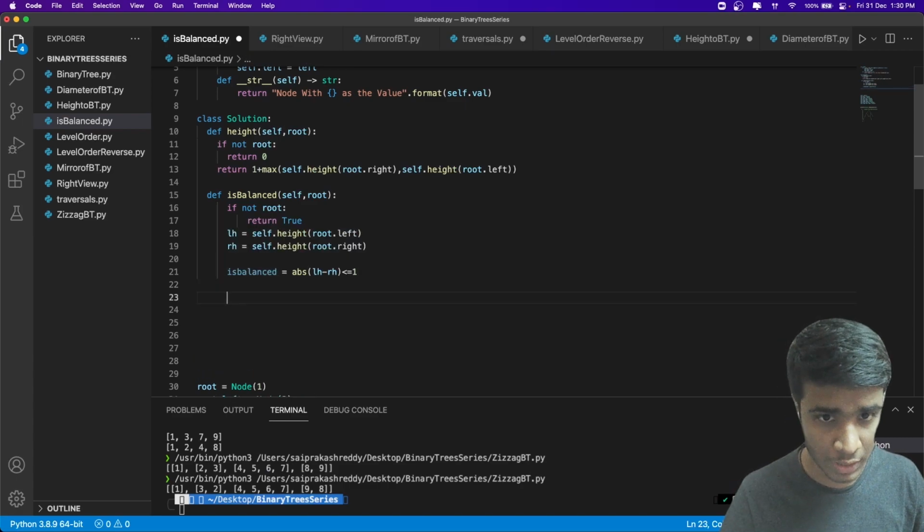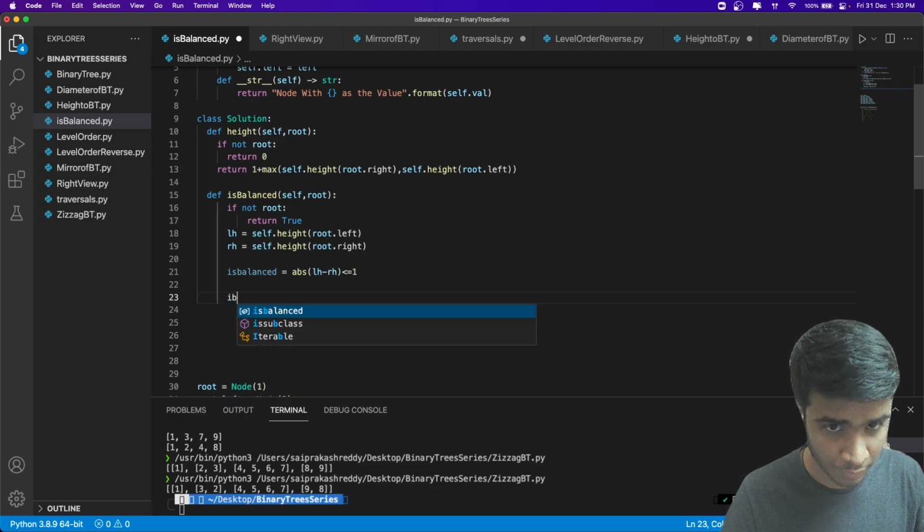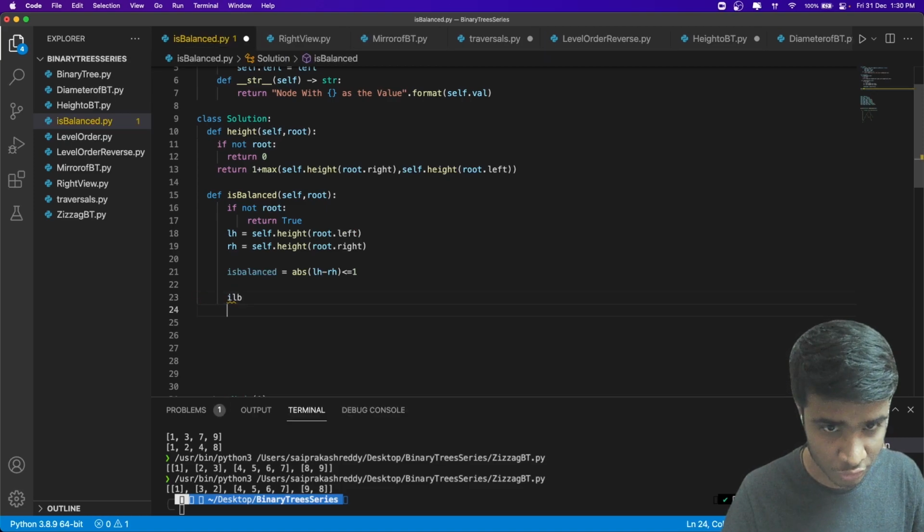Now what I have to do is also get answers from my left and right. I will also check if my left tree is balanced or not, and also check if my right is balanced or not. I want to make recursive calls to both as well.